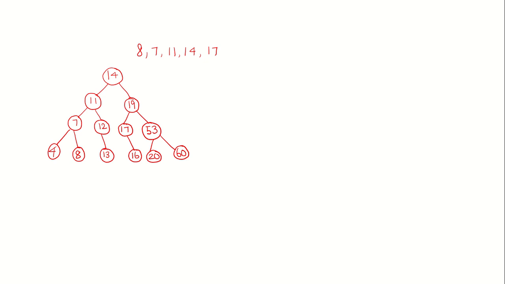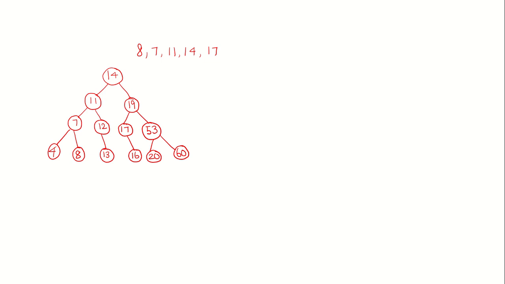All deletion, whether in a red-black tree, a 2-3 tree, or a binary tree, follows the same principle. There are three cases to delete a node from a binary search tree. After deleting a node, you have to check whether the tree is balanced, to check whether it is an AVL tree. If it is a red-black tree, you have to check whether it is a red-black tree. In all types of trees, the deletion follows the same principle as a binary search tree. Now let's consider three scenarios here.